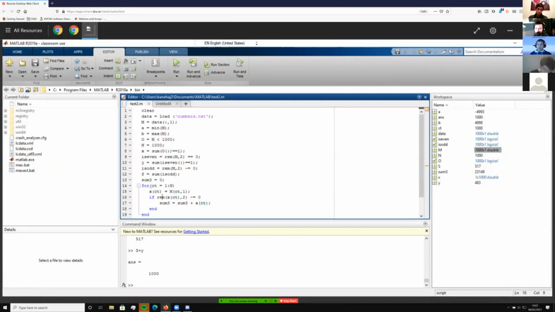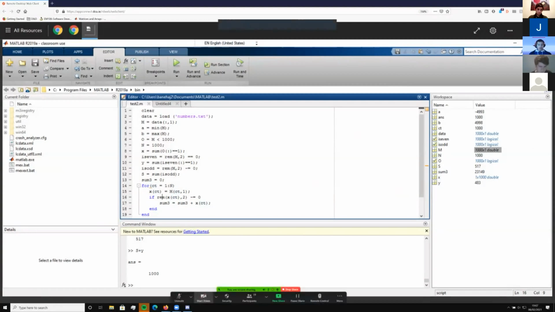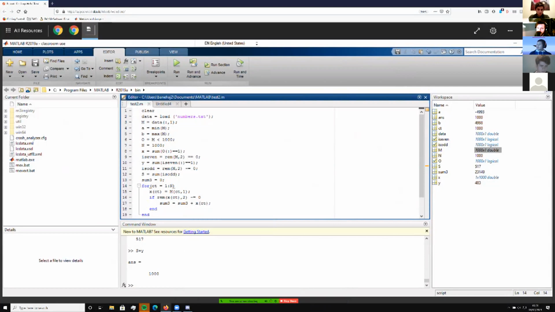And it says if, give me 1 second. So let's have a look here. Yes, so XCT is equal to MCT1. So that's just taking each, and that's the same thing as if you were to do an array in C and have the element n. This is doing the same thing.